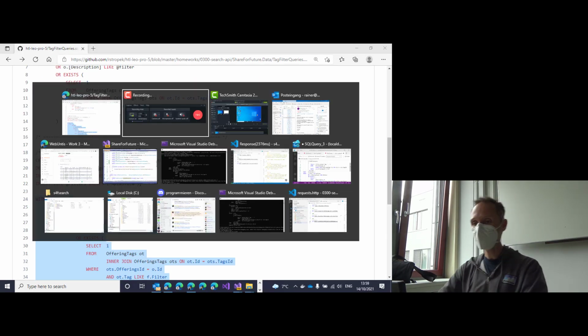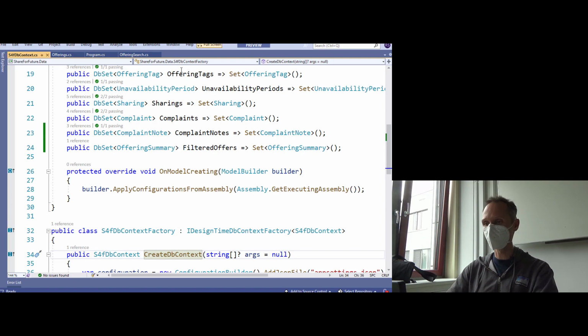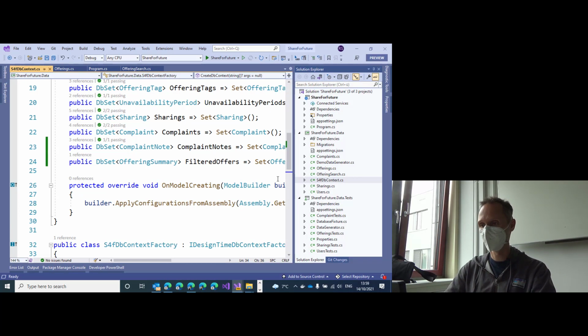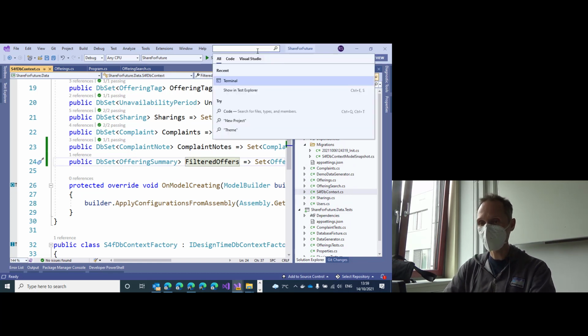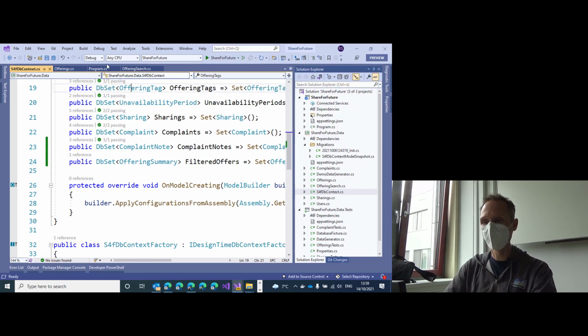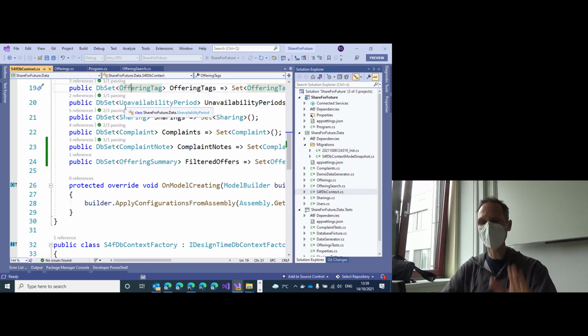So please go into your solution. And together we are going to create a new migration. So please, just to make sure, rebuild the solution. Make sure that your solution builds, okay? Make sure that you don't have errors. Make sure that the application really builds. When you did that,